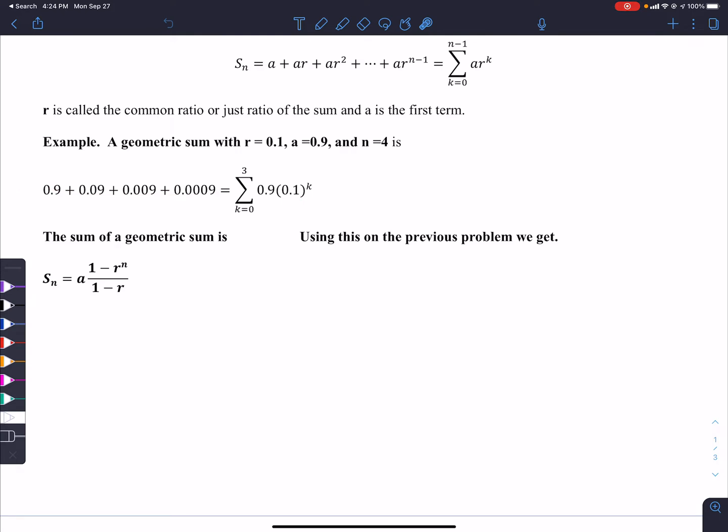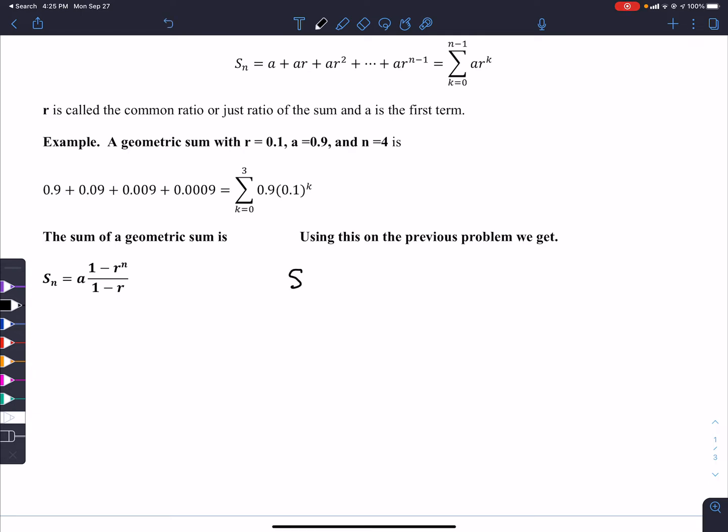So we can add these up. Now, here's a formula that you need to know. The sum of a geometric series with n terms. So the sum of the first n terms of a geometric series. And it's just this formula here. It's the first term, a, times 1 minus r to the n, where n is the number of terms total, over 1 minus r. So that's what you're going to have to know. So we're going to try this formula